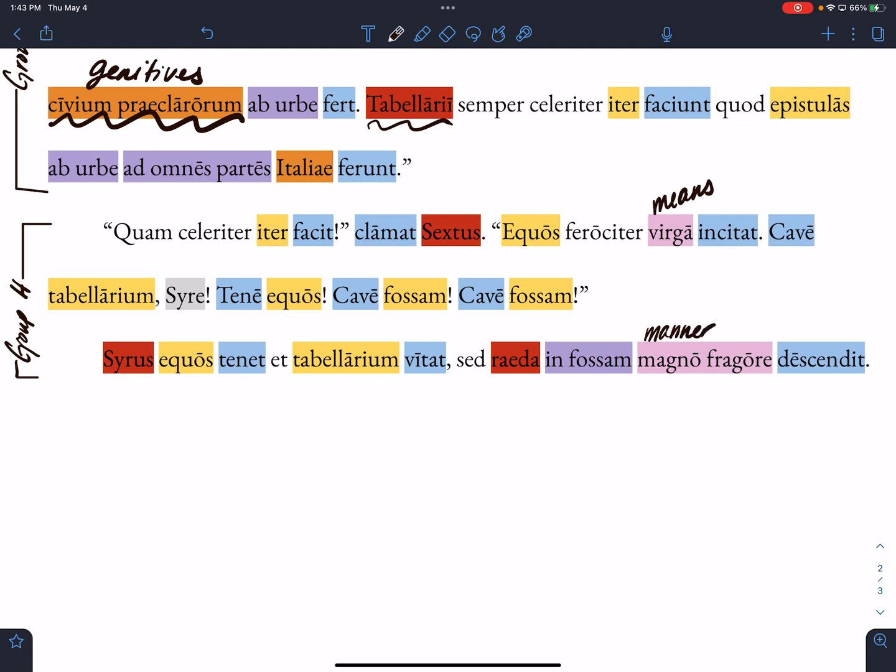Okay, one other thing. All right, sire, the name here is Cyrus, that's the nominative and that's how you should translate it, right? But he's being addressed, so it's vocative. And then one thing up here, quam celeriter, quam means how, but it's kind of not like a question. If it were a question, it would be quomodo, that's how. It's more of a statement, because there's no question mark. Exactly, so how quickly we make the journey is what he's saying here.